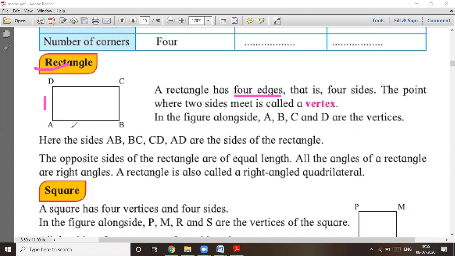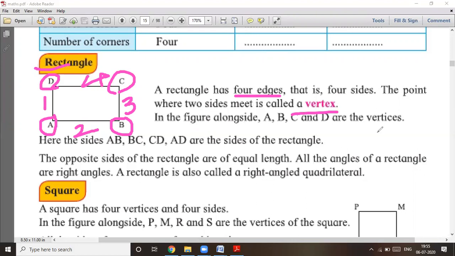This is number 1, number 2. Example तुमच्या पुस्तक आहे बघा. पुस्तक म्हणा, वही म्हणा, तुमच्या हातातील compass box. So four sides. And the point where the side meet is known as vertex. And there are four vertex. Okay. Vertex A, B, C, and D. These are the four vertices.